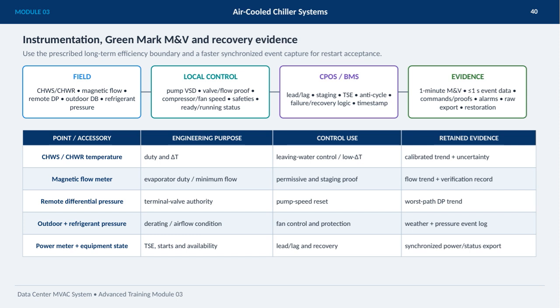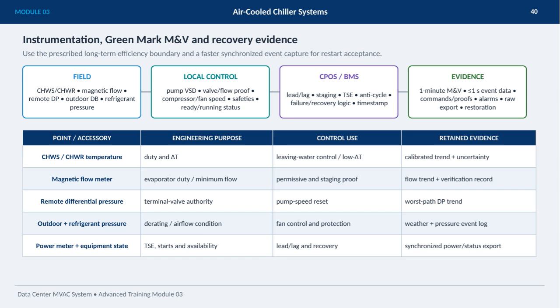At the local control level, variable speed drives on pumps, valve positions, compressor and fan speeds, along with safety and status indicators, help manage system performance precisely. The central supervisory system or building management system coordinates essential functions like lead/lag sequencing, anti-cycle protection, failure and recovery logic, and timestamps for event tracking. For evidence, we rely on 1-minute measurement intervals, sub-second event data, command logs, alarms, and raw data exports to validate